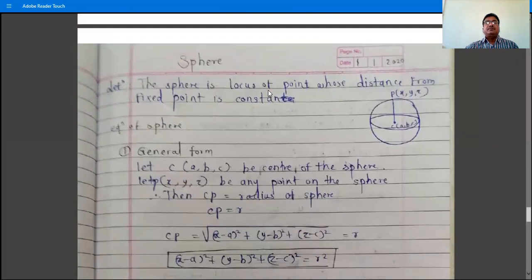So now we will see the next chapter, the last chapter of this paper, that is sphere, in the next